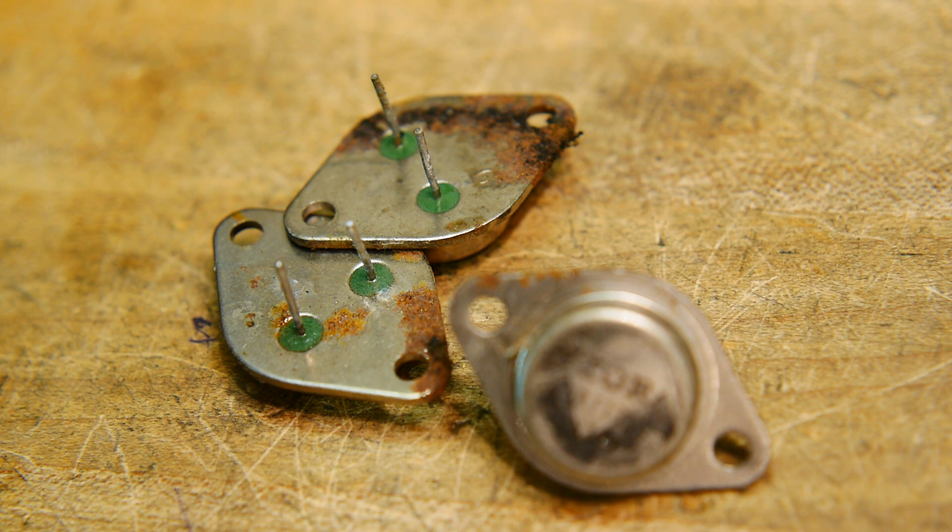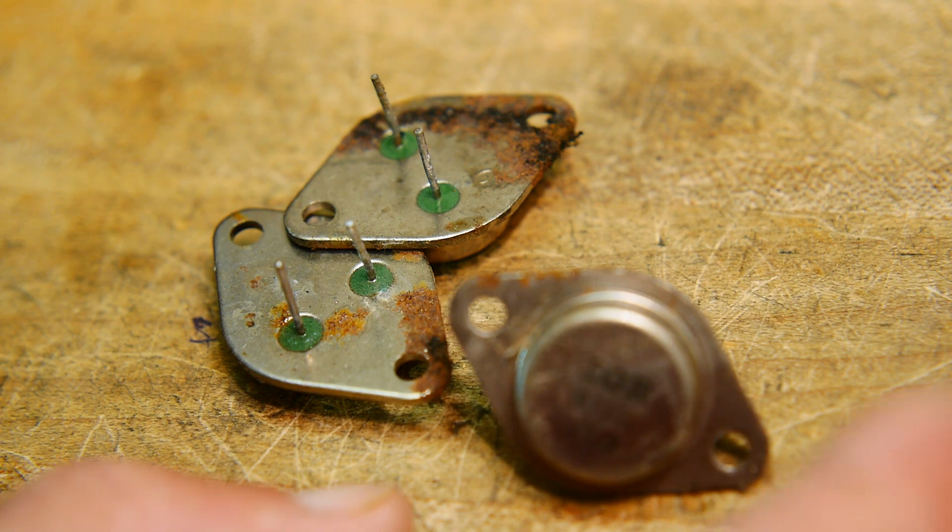So I've got some crusty transistors here, and I was trying to figure out whether I should keep them or whether I should throw them away. I was kind of leaning towards throw them away, but I might save one because maybe you have some piece of equipment that really needs it. They are